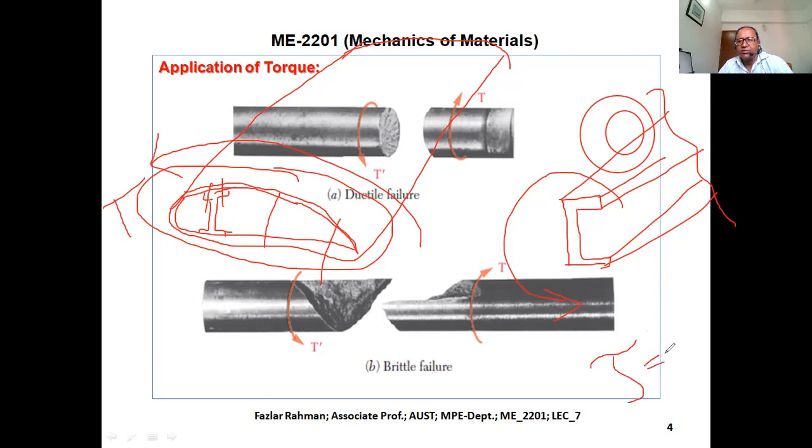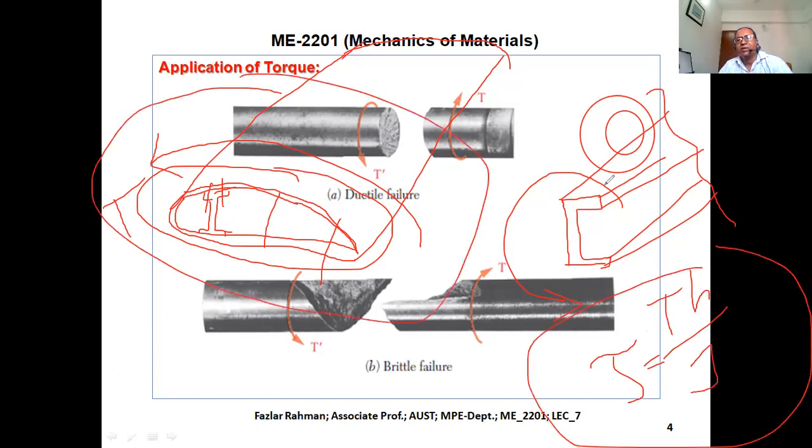Tau equal to TR by J. This formula you cannot apply over here. So those two things. This is called closed channel. Torque under